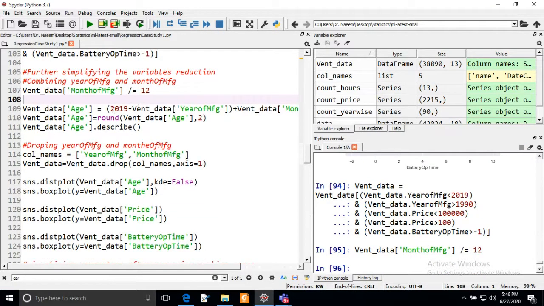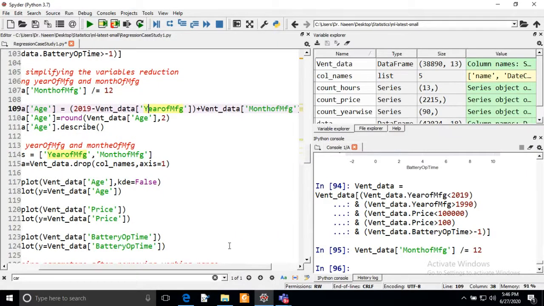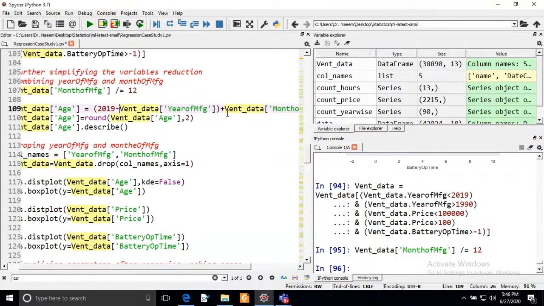Now I'm going to calculate the age of the ventilators by subtracting from this year the year of manufacturing and adding the month of manufacturing. As I subtract this, it will give me the age of the ventilators.